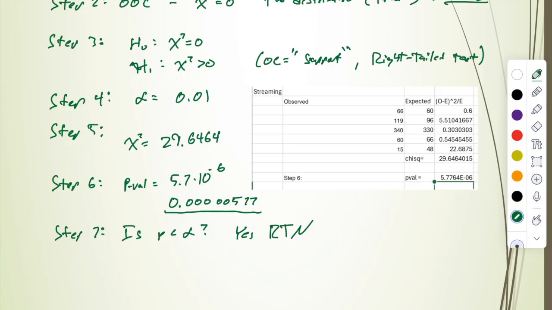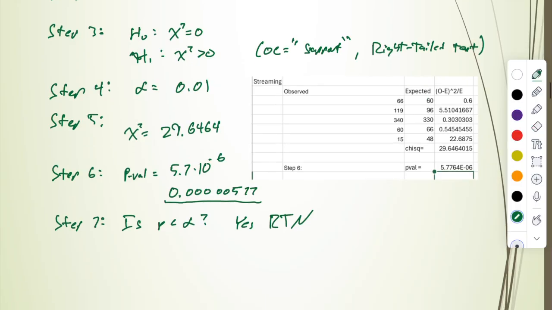So it's super rare, but my data should not have been rare. The reason it was rare is because I assumed that it followed this expected. Well, the conclusion here is that it can't have followed the expected. And so that's my step 8: there is evidence